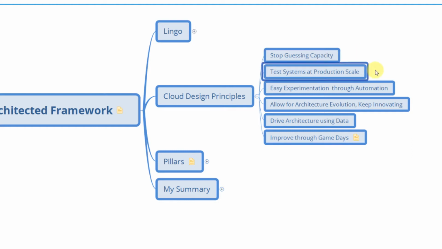Test your workloads in an environment that mimics production. You want to be able to observe your system just like your end users would. In the cloud, it's easy to create and set up such environments. You can experiment on innovative ideas easily. There's automation in the cloud to quickly set up environments, and you pay only for what you use during the